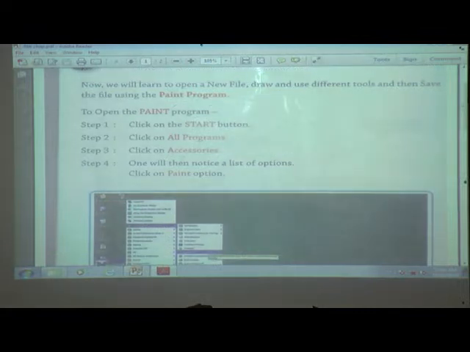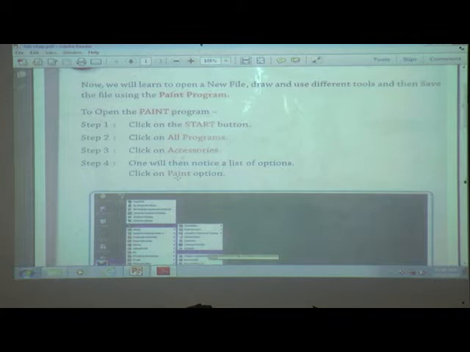Then all programs. Click on accessories and notice a list of options. When we click on accessories, we get the options, and in that, what we want now is paint.